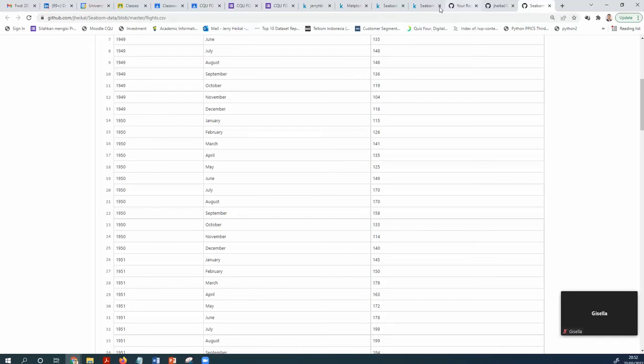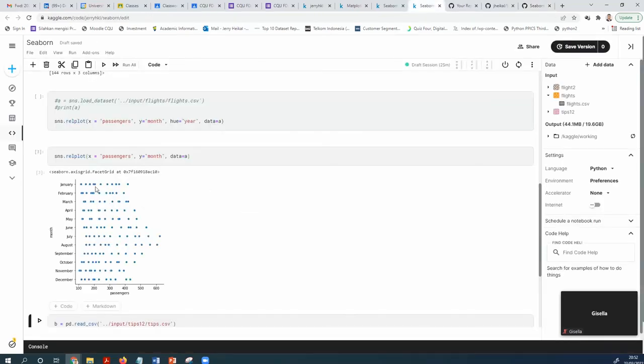We can see the data is normally distributed, and the peak season will be in July, where there is 600 something. So we have here the normally distributed data, but in the vertical format.